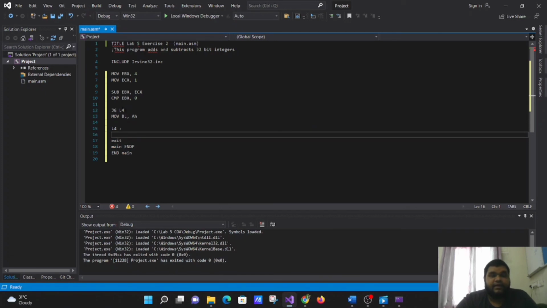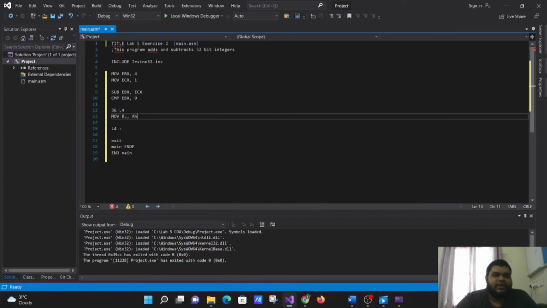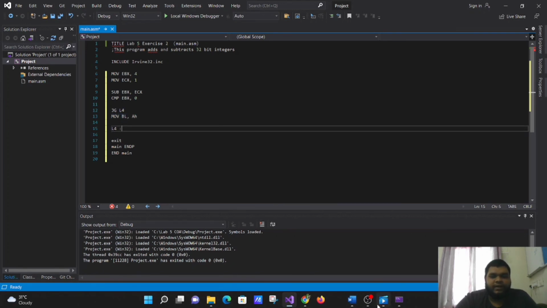But if the value is not above 0, that will prove it is less than the other number. So if it is not above, then this part of the code will run. That is move AH to BL. And this was for the part B